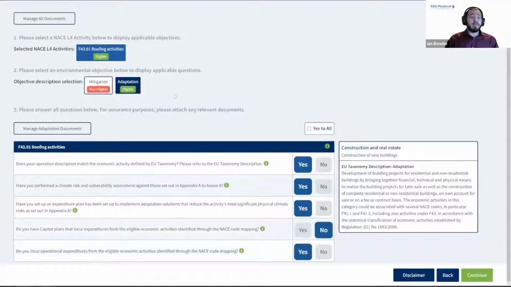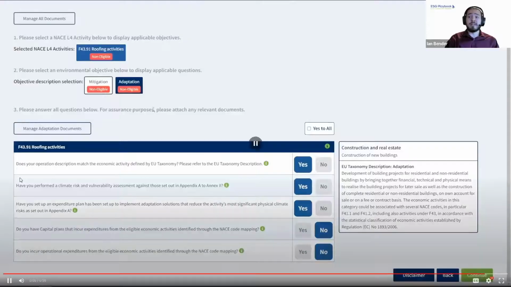However, in this final example, we'll find that adaptation is also not eligible. In this case, we still follow the description laid out by the taxonomy, but the questions that we answered no to are in regards to cash flow. If we answered no to both questions regarding cash flow, then for adaptation, we don't have any cash flow in the activity, and we're not financially involved within the objective. Now, roofing activities is non-eligible because all applicable environmental objectives are also non-eligible. And ultimately, depending on the eligibility from the assessment, roofing activities in this example may or may not have to go through the alignment assessment, which then brings us to our next step,